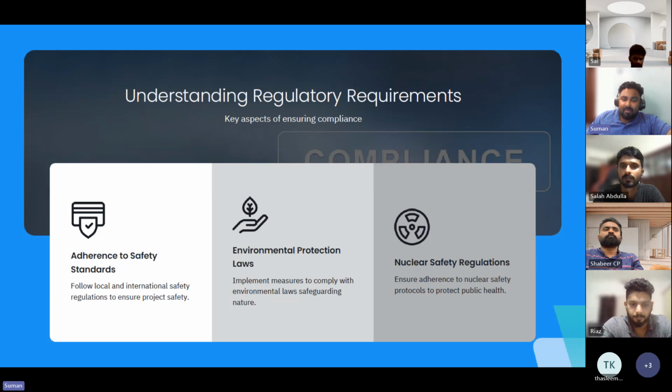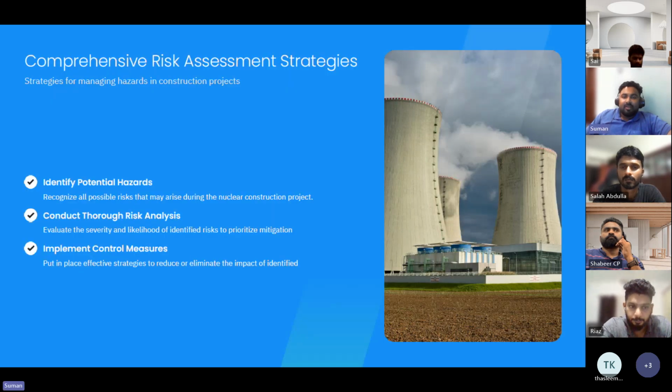In many countries, the environmental aspect is not considered much, but in different parts of the world it is a key part to consider. And the nuclear safety regulations we studied more about earlier. So when it comes to HSC during the construction project,